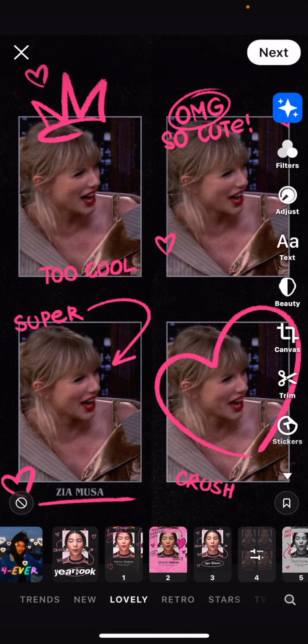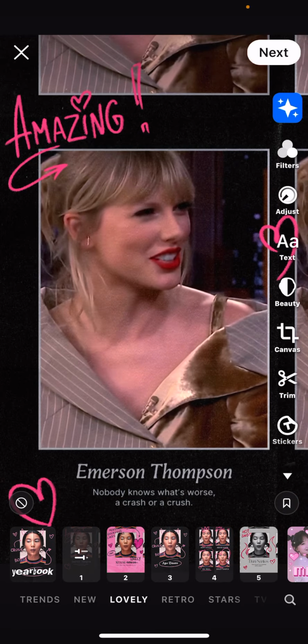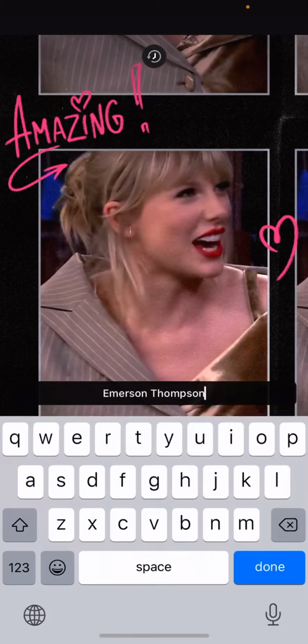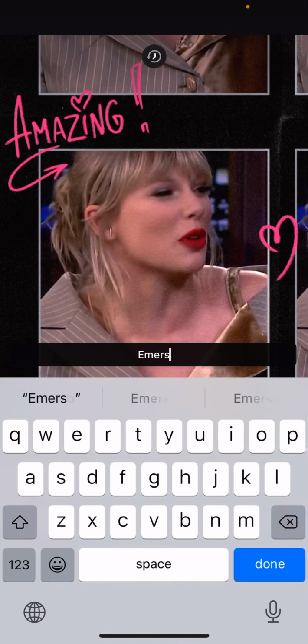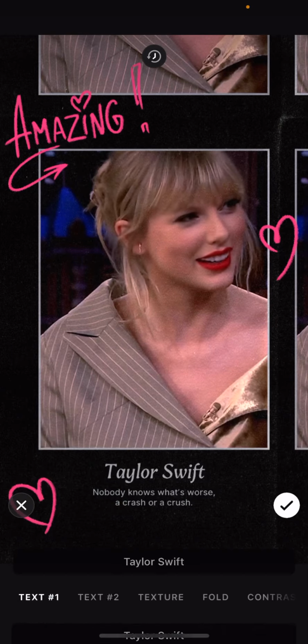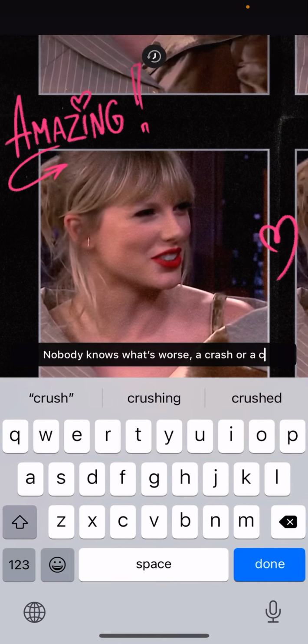But I personally like this one the best, like the first one. And then you can change the name by clicking on the filter again. And here you can change the name of the person. So I'm just going to write Taylor Swift for this one. Press done. And then on the text, you can write